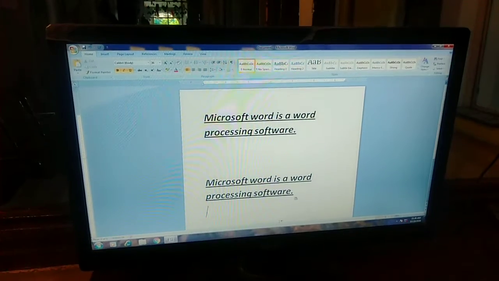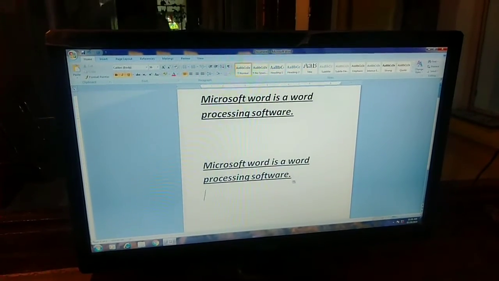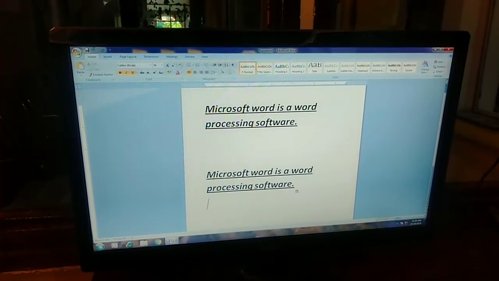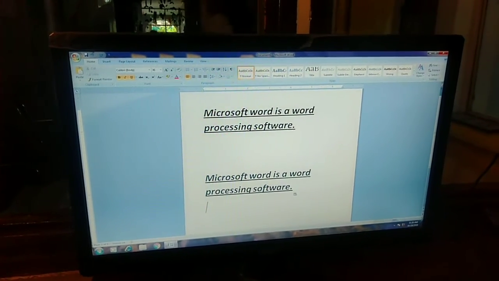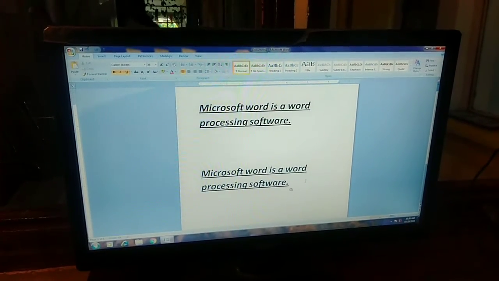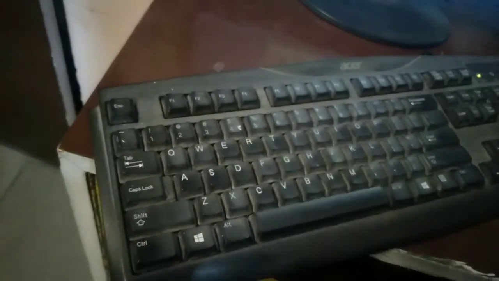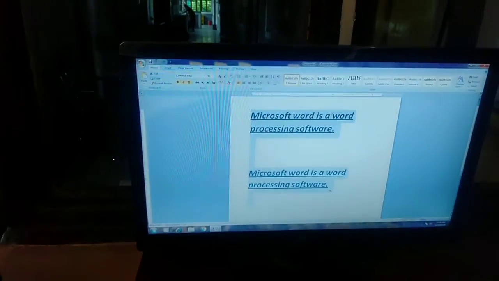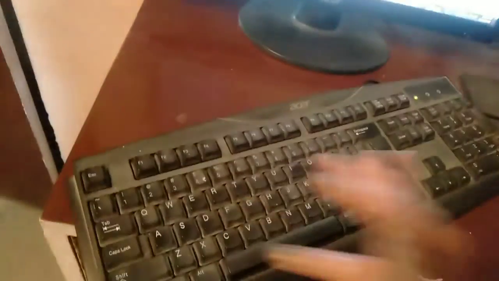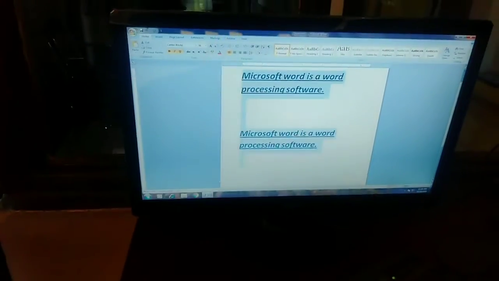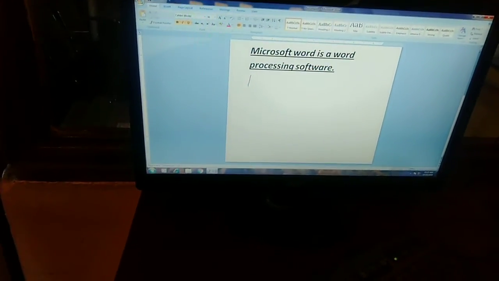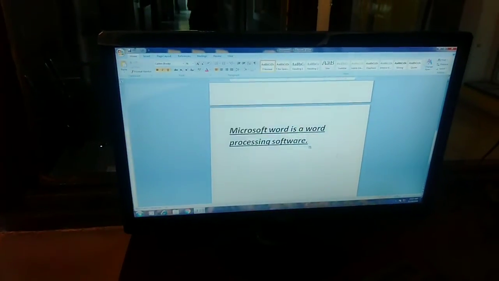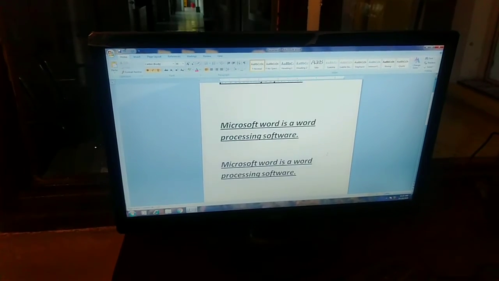It is already done. And I want to tell you we can perform the same action by using shortcut keys. I hope all my children remember about shortcut keys, the keys which we press from the keyboard. To select any kind of text, we press Control plus A. See, it is selected. Now I'll press Control plus C. It is already copied. Now I want to paste it here. What will I do? Control plus V key from my keyboard. Just see, it is copied and pasted also.